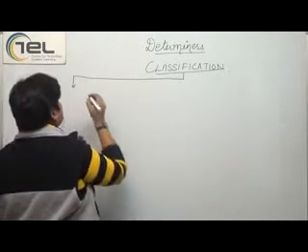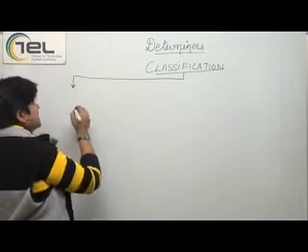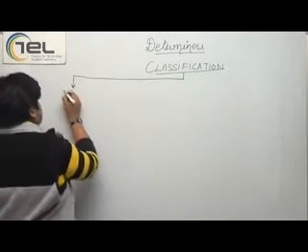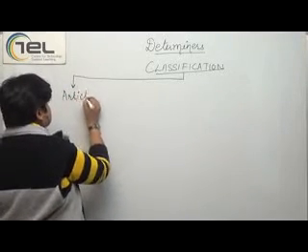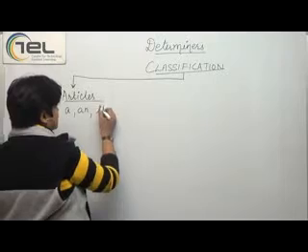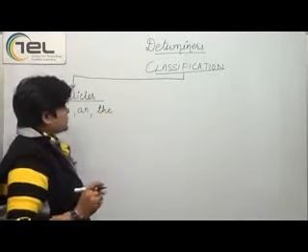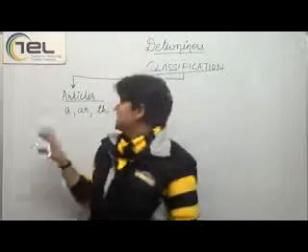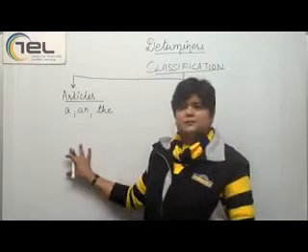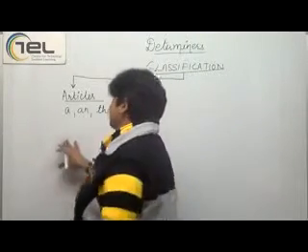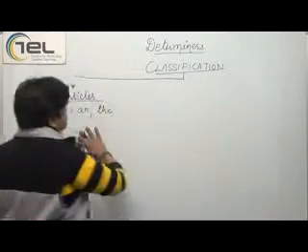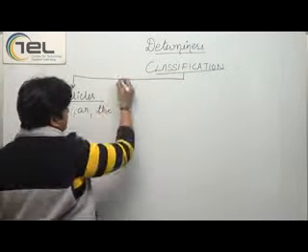Now adjectives and pronouns, they both come in this category, but the first thing that comes in this category is articles. Now articles, as you might have studied in your classes in school, from class 4th or 5th they are taught in schools. Articles a and the, although they are taught in schools, there are confusions in mind about where to use a and where to use the, and what they are exactly. We'll be discussing them later one by one. Now let's first classify them. One is articles, another one is